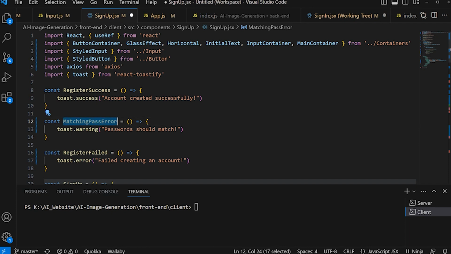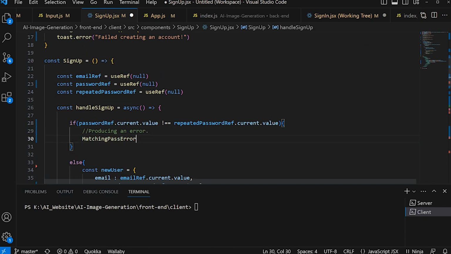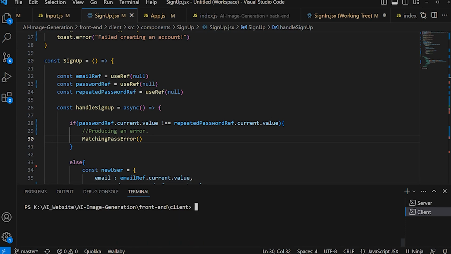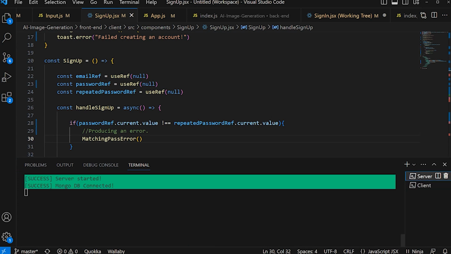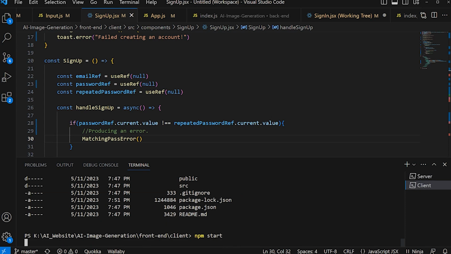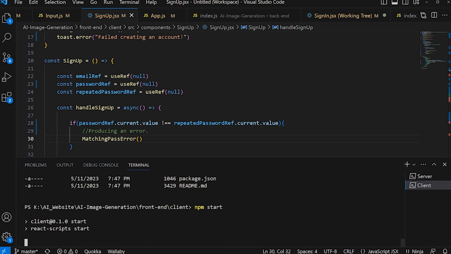error should be inside this if. There we go. Good. Now we're actually going to try it. So remember that we're having logging from the server part. You can always open up the server. Server is running, connected to the DB, and inside the client, I'm just going to say npm start. Now this is going to produce